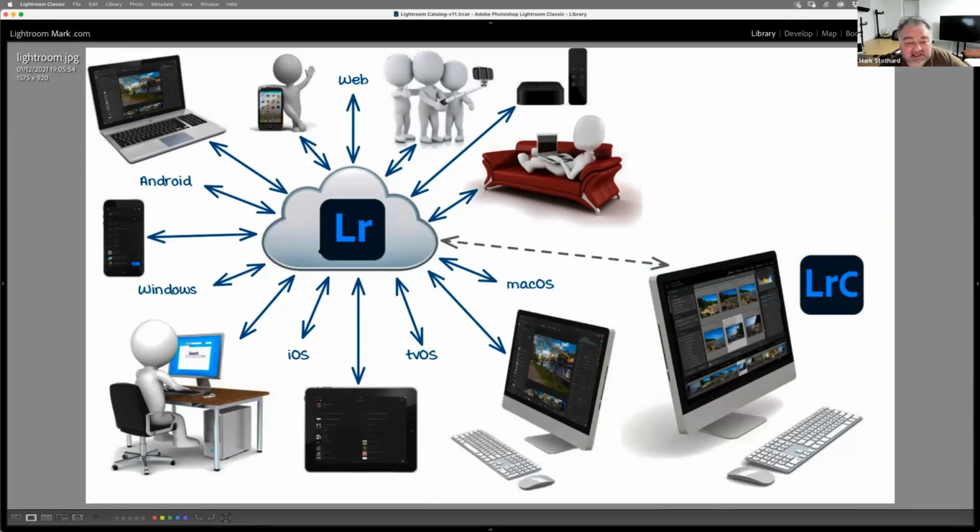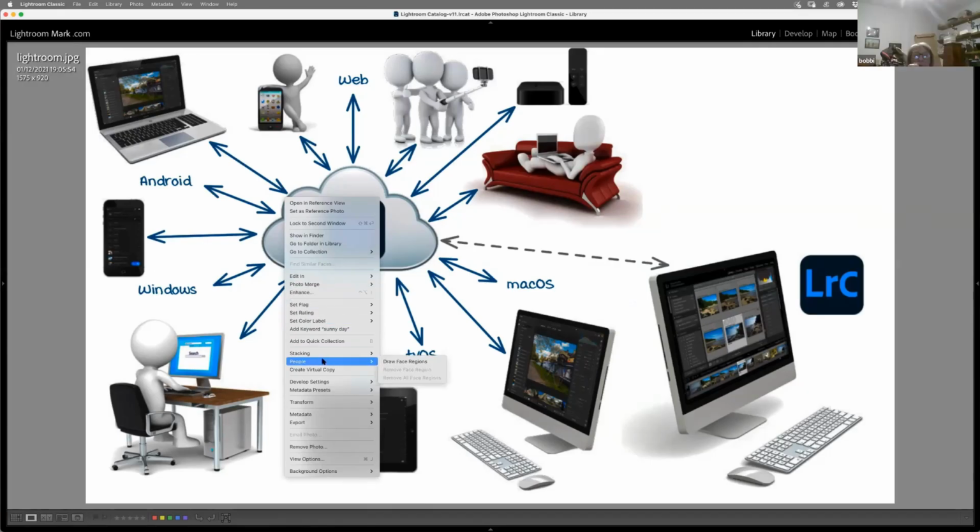Okay, so this is Lightroom Classic, and it allows you to go out backwards and forwards everywhere you want. So this is your hub. Okay, Mark, it's showing Lightroom Classic. I know it is, but I'm just saying. Okay? So this is Lightroom Classic. I'll actually do one to show you. You can go backwards and forwards from here to here. So, because we're going to confuse you,